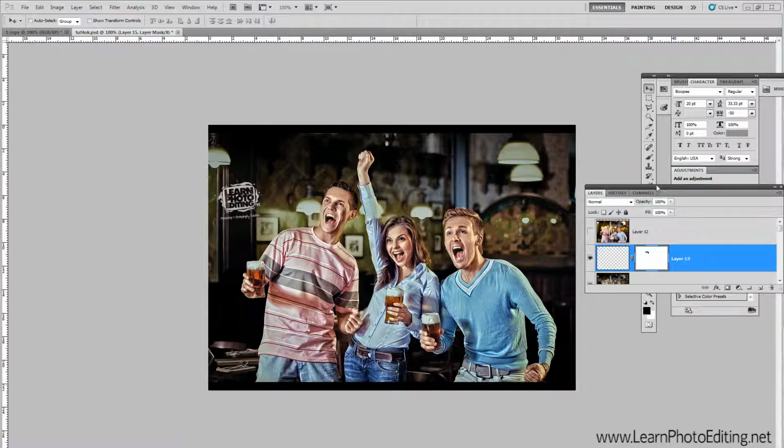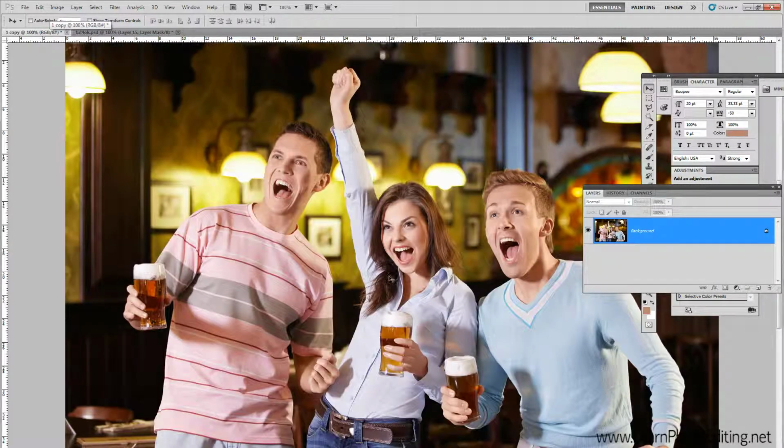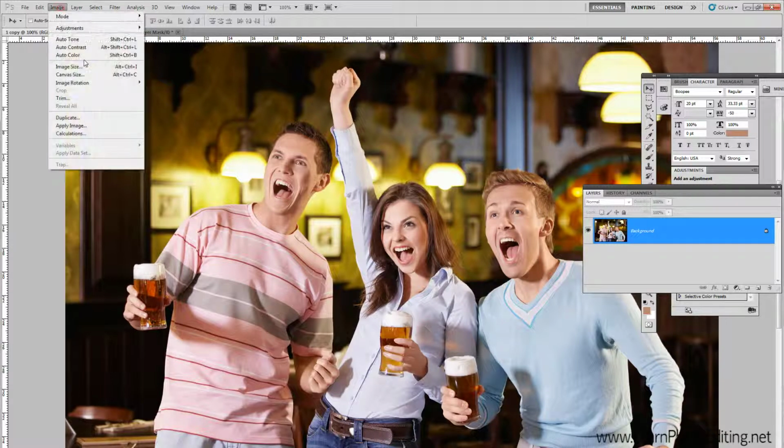Today we will create this image, and the original image is actually this one. As you can see, we will bring out the colors, the details, and try to make it suitable for perhaps a beer ad or something. So let's start with the original photo. This one is